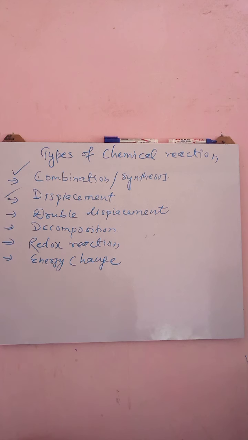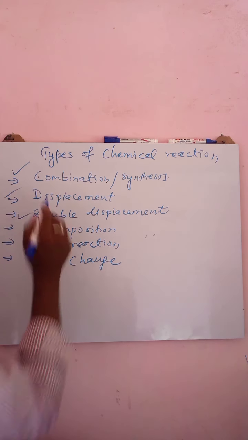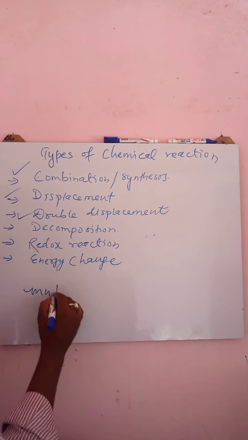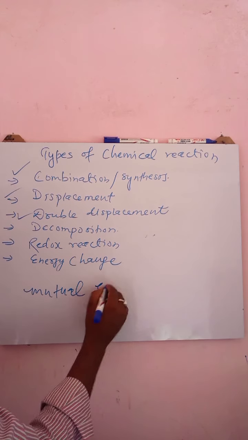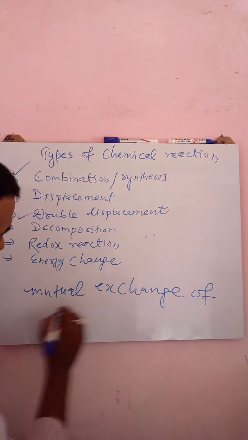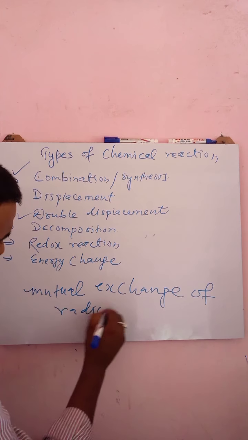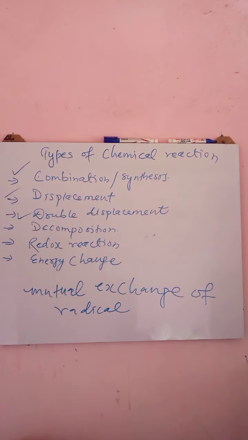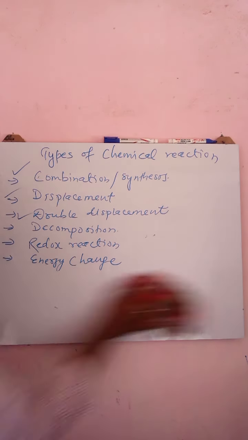It is a type of chemical reaction in which mutual exchange of radicals takes place. When mutual exchange of radicals takes place in a chemical reaction, it is known as double displacement reaction. Double displacement reaction. Okay. For example,